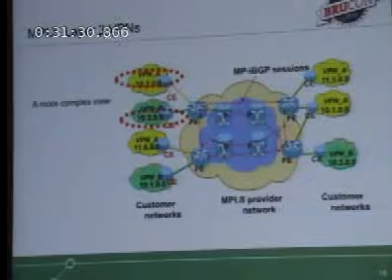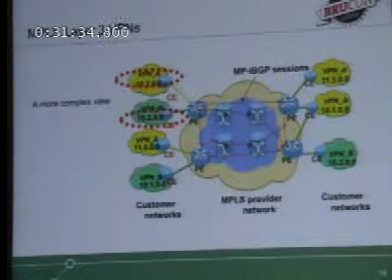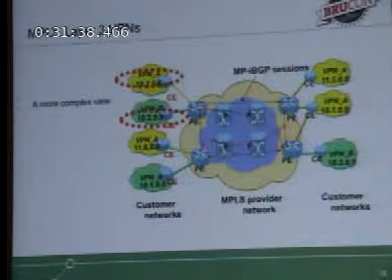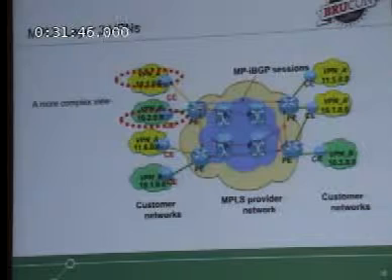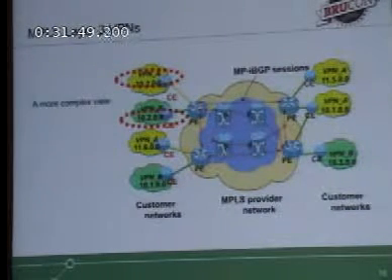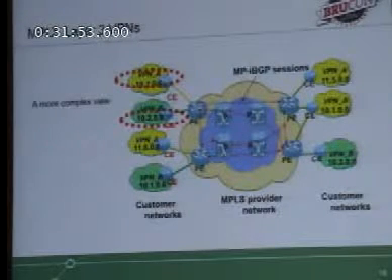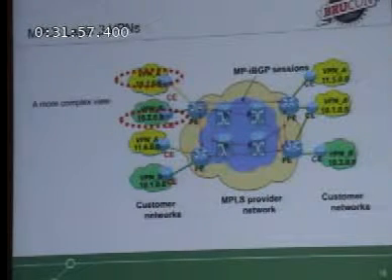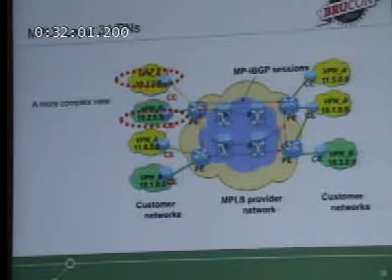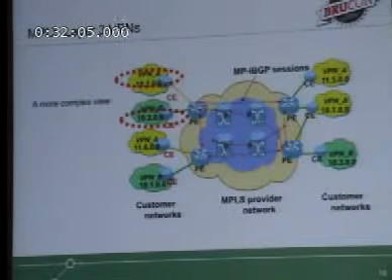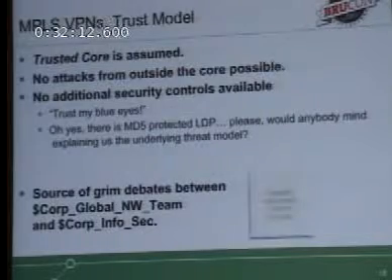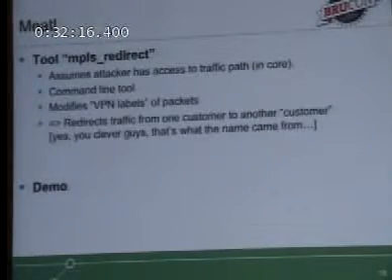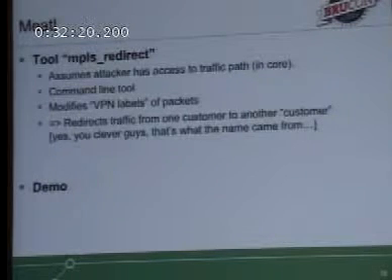And when we ask a couple of providers, one third will say, no, that's not possible. The second third sometimes says, we don't think that's possible, I can ask, but I don't think so. And the third will say, yes, maybe. We have to look, but I think we can do this. So at some customers, there are PEs at the customer side. So they have control over the PE. And this means if you have control over the PE, you can control the core of the MPLS network. So we are not paranoid. And to show you what's possible, if you are inside the core, so if you own a PE router,